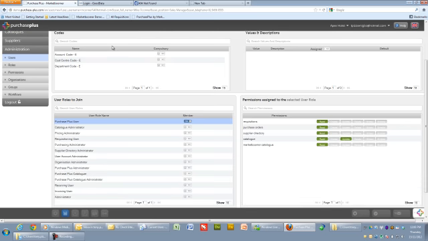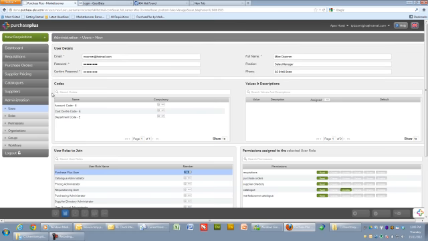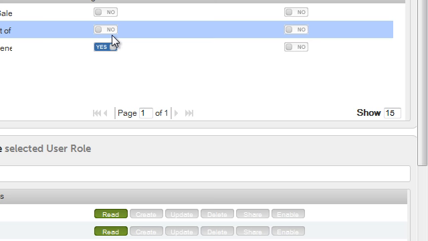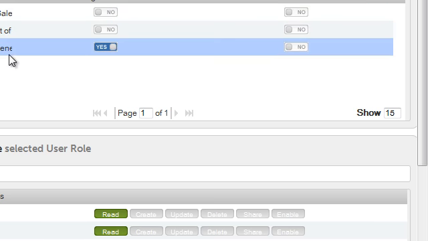Scrolling down to the custom code section, if your organization uses custom codes, you can then set defaults against that particular user. So if we're looking at account codes, for example, I can say that Mike has got access to admin in general, but not beverage cost of sales or food cost of sales. I can also say that admin in general is the default. So even as we build additional codes in, this will be the main account code applied to any transactions created